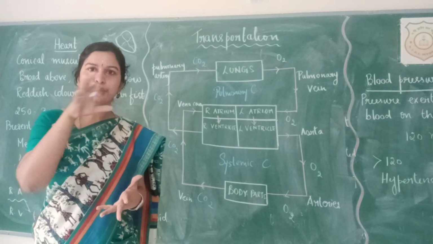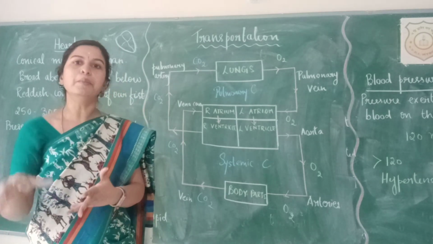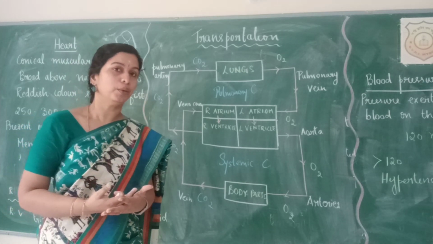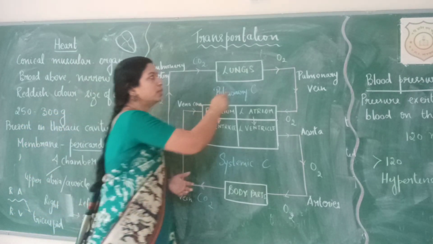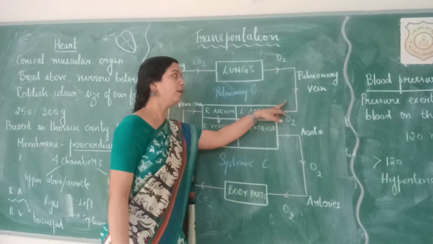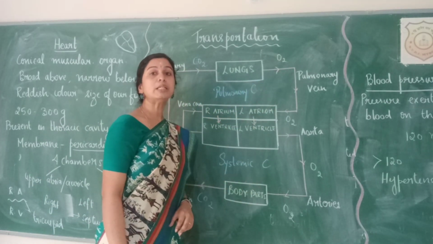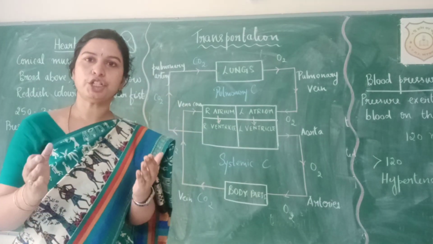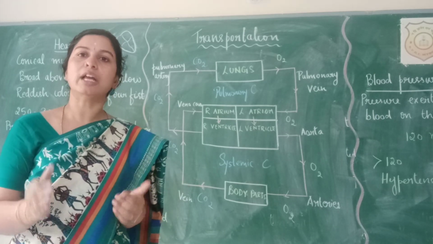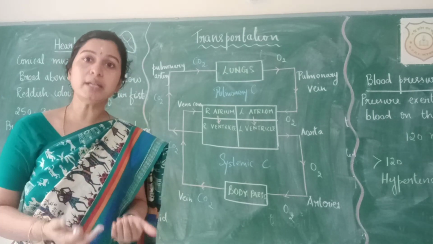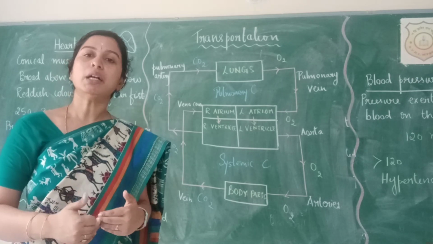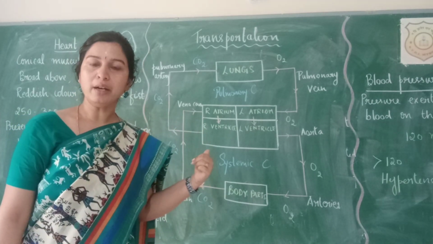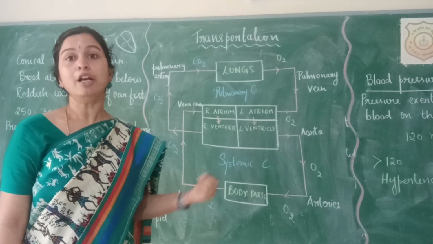Now the blood has to go through the lungs and then come to the heart, to bring the pure or oxygenated blood to the heart from the lungs. This is taken care of by a blood vessel called the pulmonary vein. You remember when we learned about the function of arteries and veins, we saw that veins always carry blood towards the heart and arteries always carry blood away from the heart. So this is the pulmonary vein, so definitely it has to carry blood to the heart.